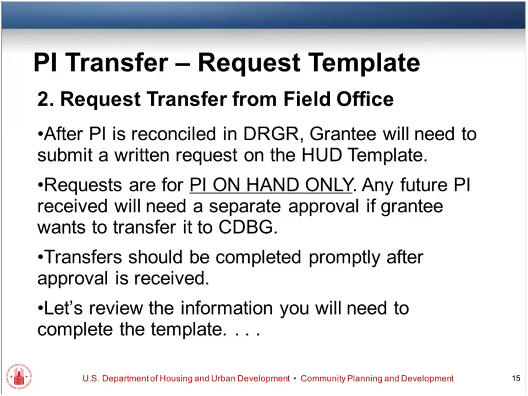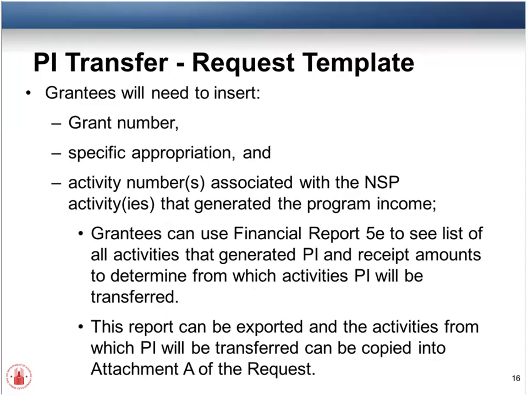So we can move to the next slide here, Jennifer. So here, again, what we're going to walk through is encompassed in 4 paragraphs. What we want to see within this 4-paragraph letter is your grant number. You must identify the grant number from which you are drawing the program income. We also want to see the specific appropriation. So here you want to identify NSP-1, NSP-2, or NSP-3. This letter template actually includes a line where you can identify whether you are a state, a city, or a county. So you're going to populate that particular line.